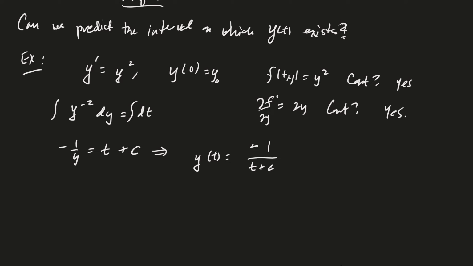Okay, solving for c, we have y of 0 equals y0, so y sub 0 equals minus 1 over 0 plus c. So c is equal to minus 1 over y0. Good. And so